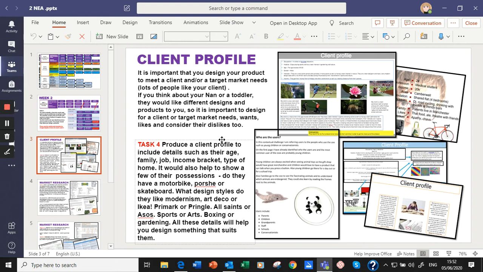Task 4, producing a client profile. What I would do is put a new slide into that blank PowerPoint, please, and I would like you to put the title client profile on it. I would like you then to write down who your client is. If you wish, put a picture in, or a picture of something that they might like doing, to make it look a bit more interesting. But I'd like you to